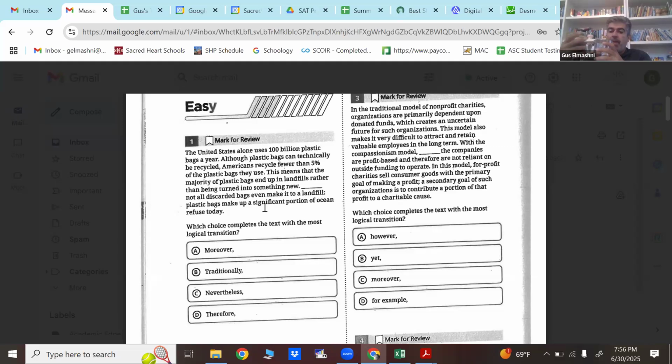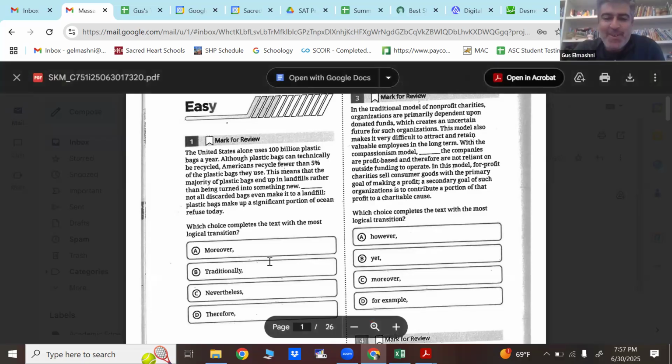This means that they end up in landfills. Moreover, not all even make it to a landfill. Therefore makes no sense, it's cause and effect. We're not doing cause and effect. You're just giving another reason why this is a problem, right? Actually, that was poor grammar, because there are good problems, I suppose. So anyway,